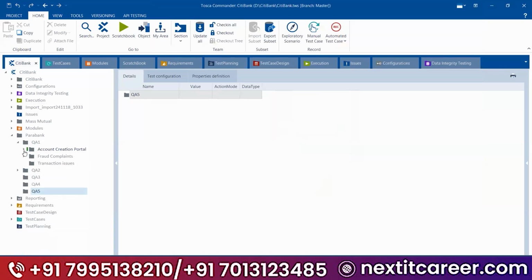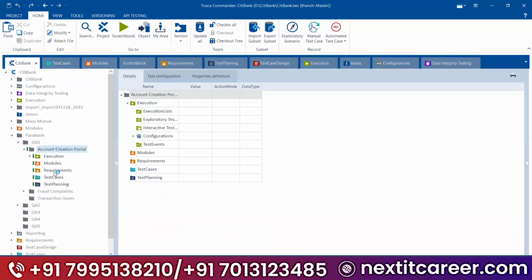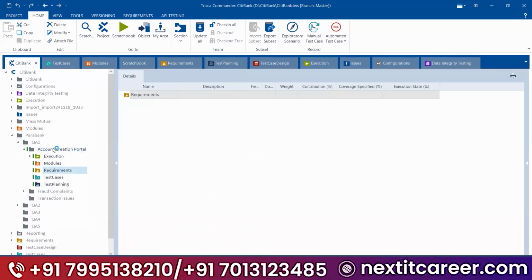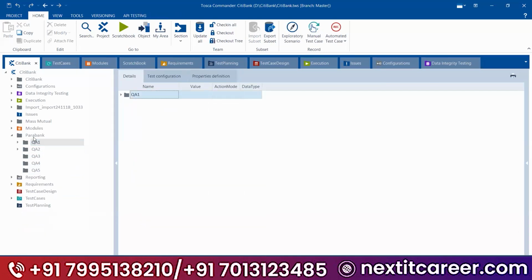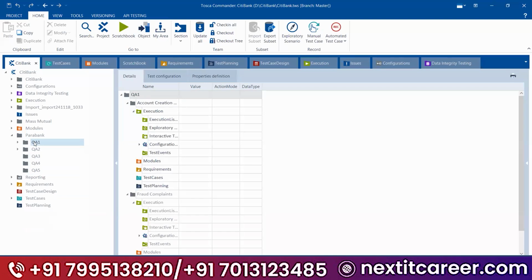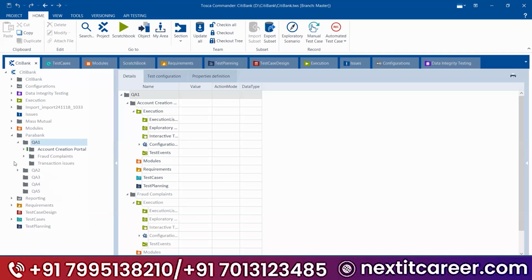Okay. So in this way, see what I am doing, I am dividing into small teams. Inside that also I am dividing by application. For one application, you'll have requirements. For one application, you'll have a test plan. So this is how my project will look like, guys. In real time, I belong to QA1. I can't tell you the exact project name, but I'm working for one of the telecommunication domain. But this is how my folder structure is done.